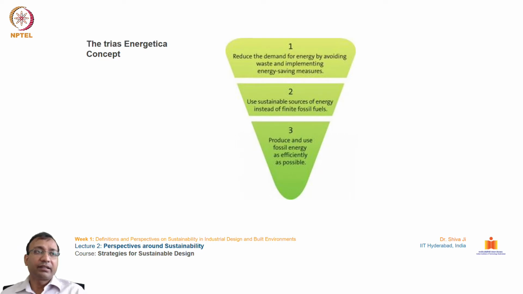So in this slide, it talks about how we can go about consuming energy. The first and foremost effort should be to reduce the demand. Once the demand is lesser, we can exert lesser impact on the globe. So reducing the demand should be the guiding factor while designing. By avoiding wastage of energy, materials and resources, we can improve upon the wastage of the energy, the resources, the material, and all of those things.